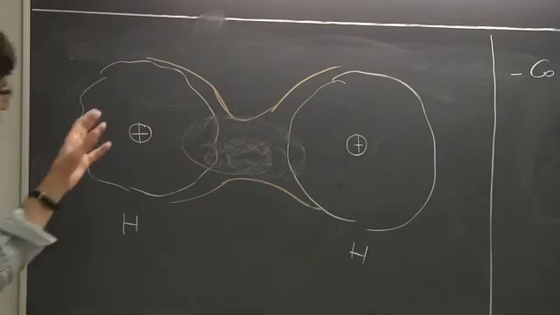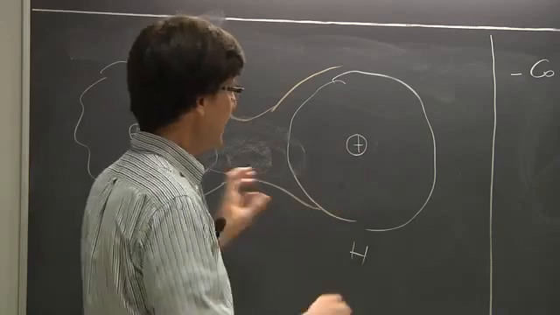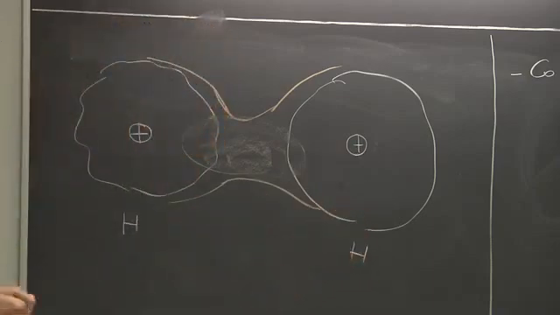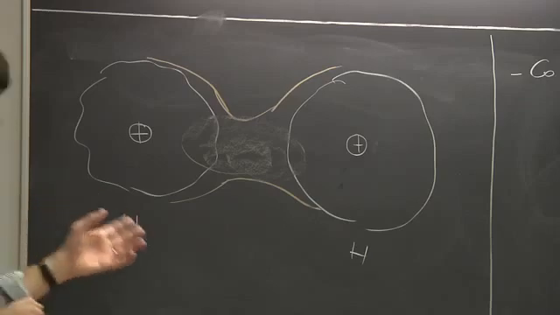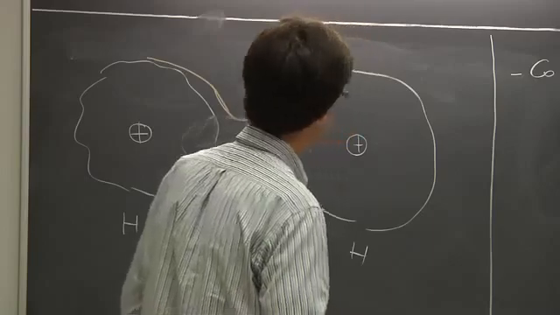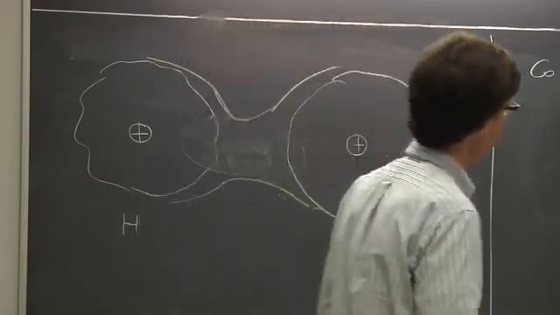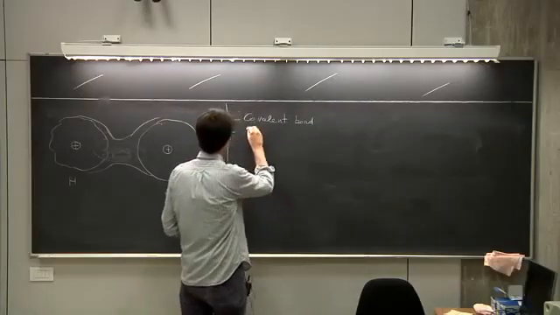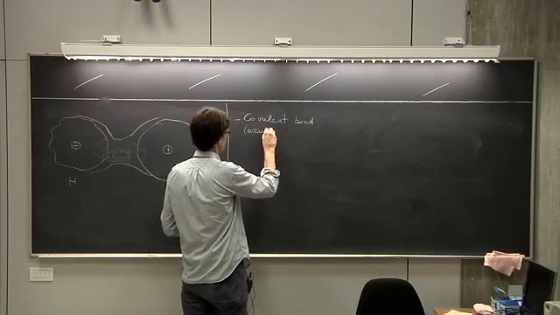And of course, in the process of doing this, the energy will be lowered with respect to the energy that the two atoms had at the beginning. Okay? So the covalent bond typically corresponds to a redistribution of the charge and to an accumulation of charge